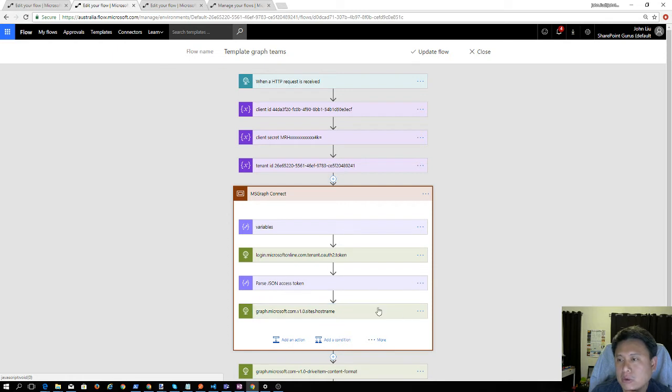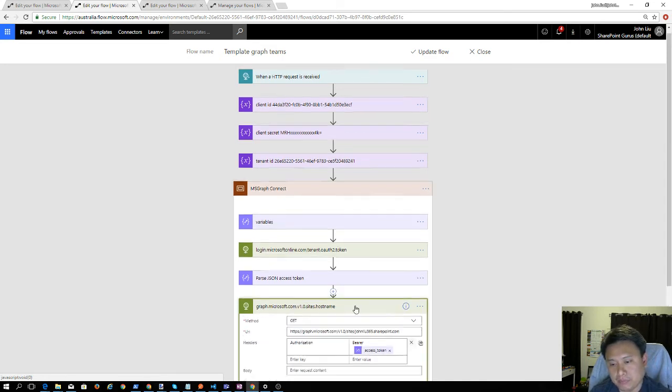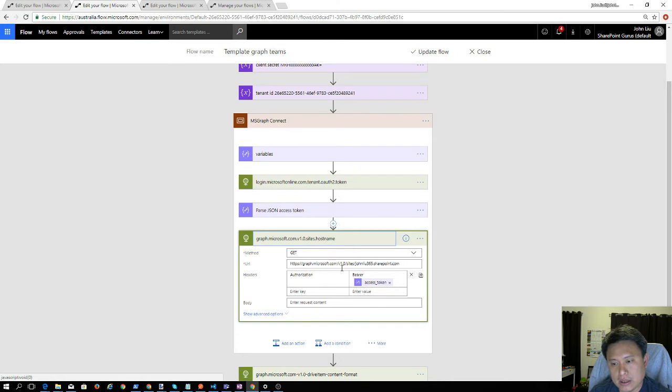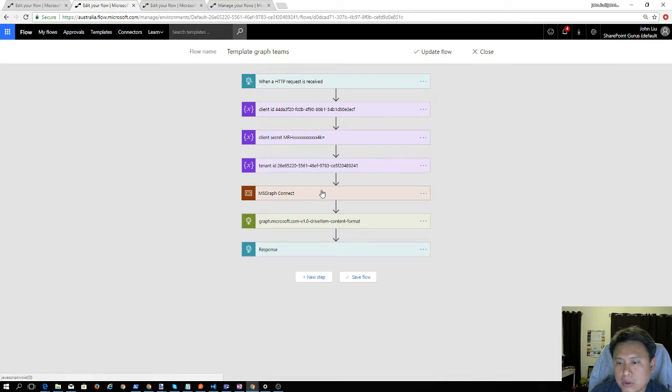So there's a few steps: calling the auth endpoint, then getting the JSON access token, and then using that to call the sites endpoint on the graph, with this bearer token. So that's another little scope. Now the template can have other stuff, but basically what I'm thinking is I put stuff inside scopes, and